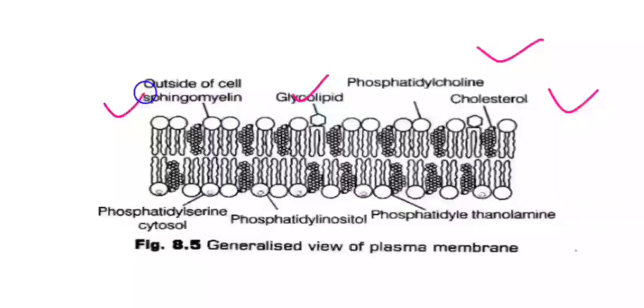Those that come in the category of phospholipids are phosphatidylcholine, phosphatidylinositol, phosphatidylserine and phosphatidylethanolamine. These all are phospholipids. Apart from phospholipids, what else is there? Cholesterol, sphingomyelin is shown, and glycolipids. What are glycolipids? If carbohydrate units, that is oligosaccharides, are linked to the lipid surface, that arrangement, that connectivity, the collective term for it is glycolipids.